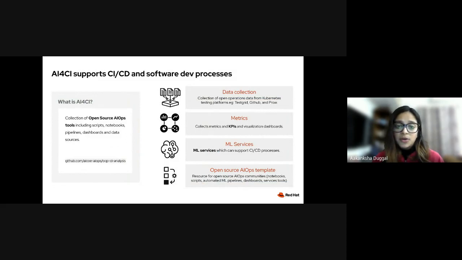As part of this project, we periodically collect open operations data originating from OpenShift testing systems like Prow, TestGrid, GitHub, etc., and make it available for analysis. We create a collection of open operational data sets, collect key performance indicator metrics from CI/CD data, and visualize them on dashboards.